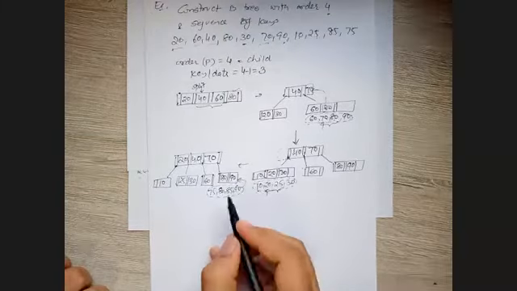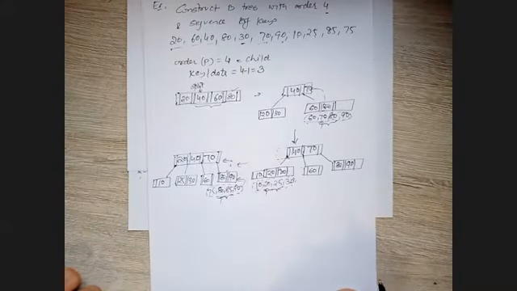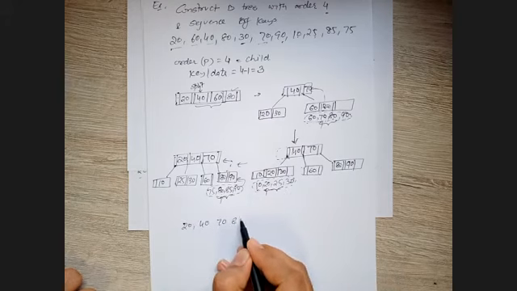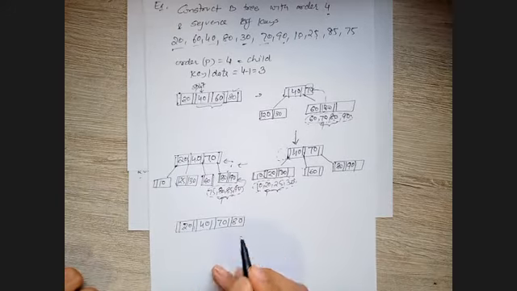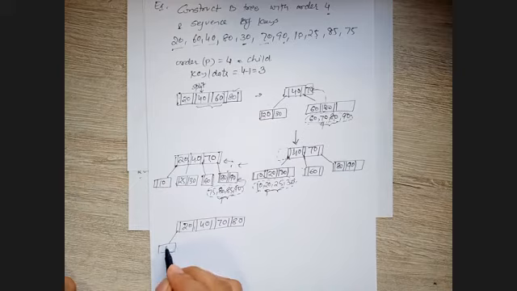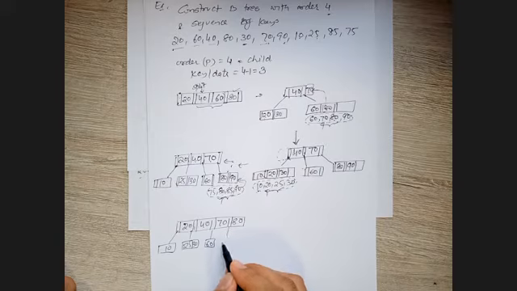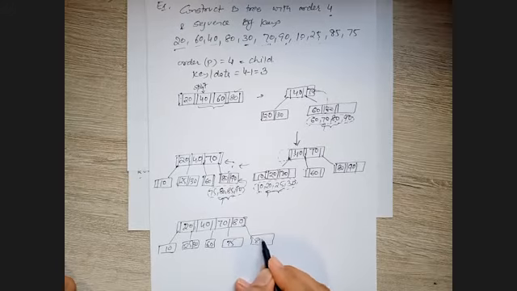Overflow means we'll split. Out of 80, 85, we'll take 80 and move the value up. Let me just draw 20, 40, 70, and then we have 80 this way. The rest of the values: 10 here, 25, 30 here. Let me just draw roughly. After splitting you have 75, and the other values 85 and 90.